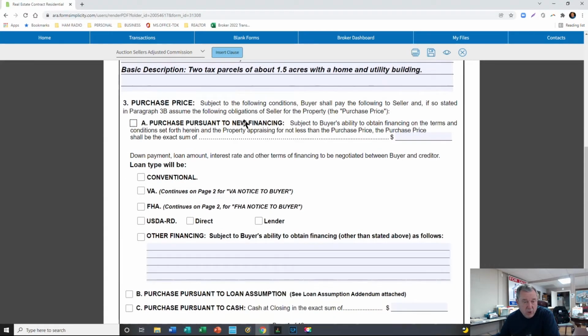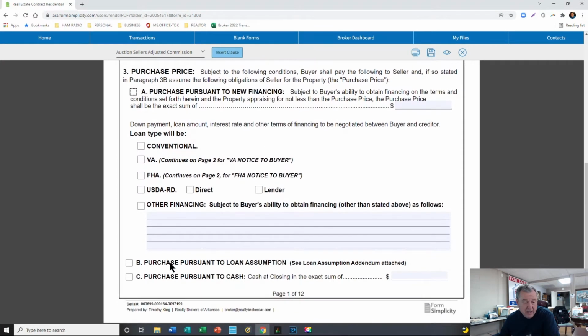It could be new financing, could be the price. It could be down here, it could be cash. It could be $500,000. Could be that, just cash. And so you just, however they're paying for it. And sometimes if you don't know and you're writing, you don't know what kind of loan it's going to be. If they're borrowing the money, then you put in the purchase price here, and do not be shy about calling their lender, texting, emailing, or